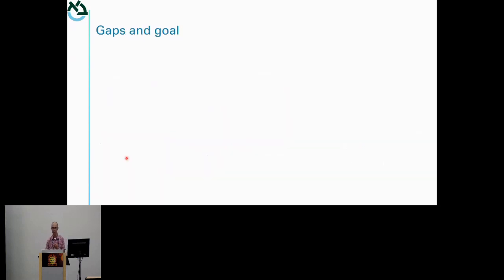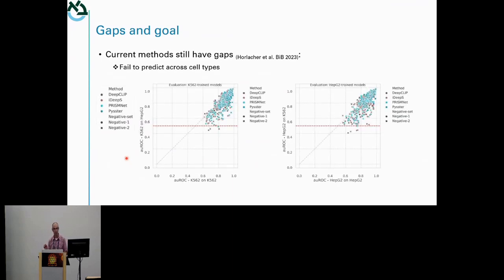But still, what are the gaps? It was a year ago that Mark presented at the RNA meeting in Lyon at ISMB his benchmark and review of different methods. One of the gaps that came up in his benchmark is a comparison between the prediction performance of different algorithms when they train and predict on the same cell type, that's the x-axis, and when they train and predict on different cell types, that's the y-axis. You see that most of the dots fall below the diagonal, meaning it's much easier to predict for the same cell type, but not on another cell type. And this is a gap that we wanted to solve in this study.